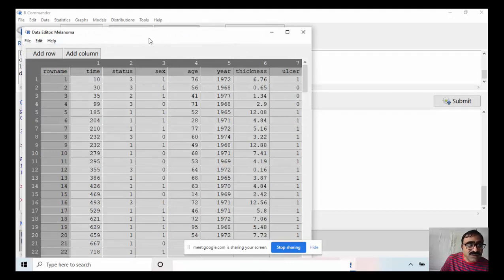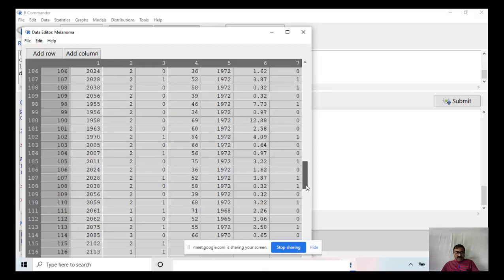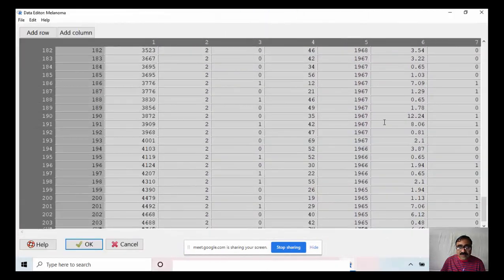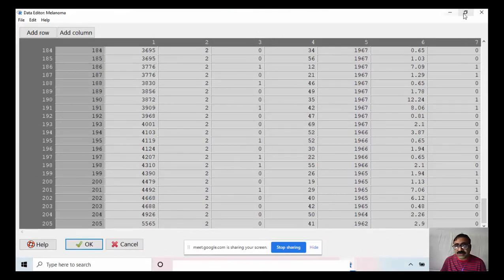So here this is my dataset: time, status, this is the gender, 1 and 0, so sex 0 and 1, age, year, thickness, ulcers. So there are different variables here, and to know how many values, 205 values here.